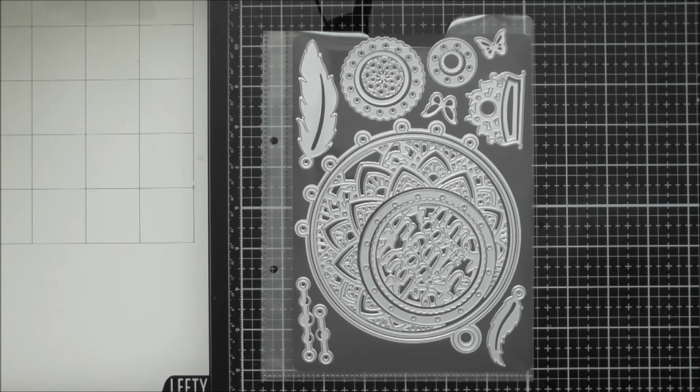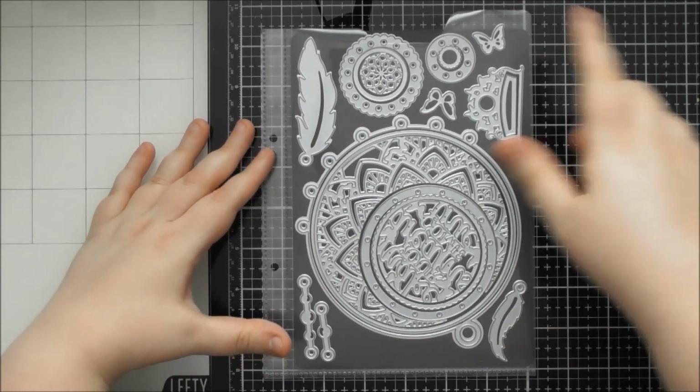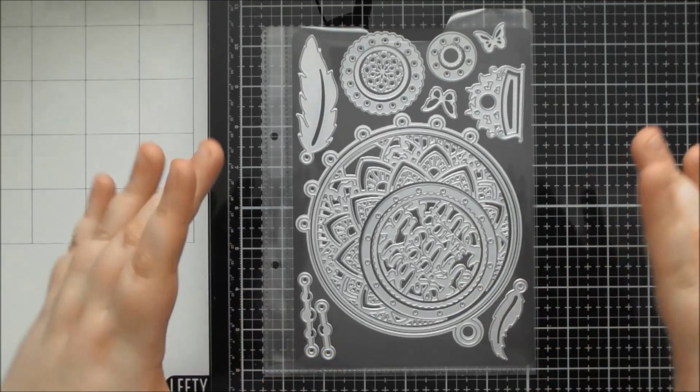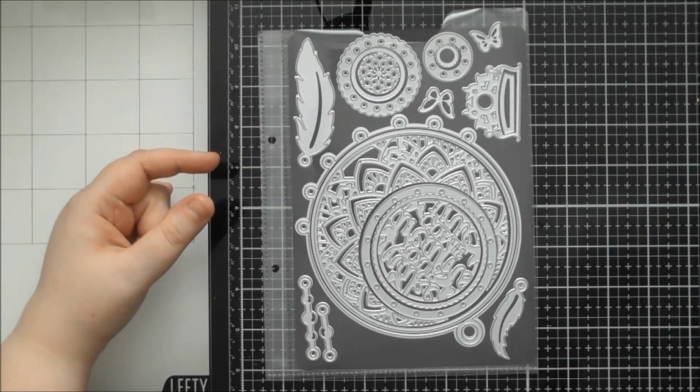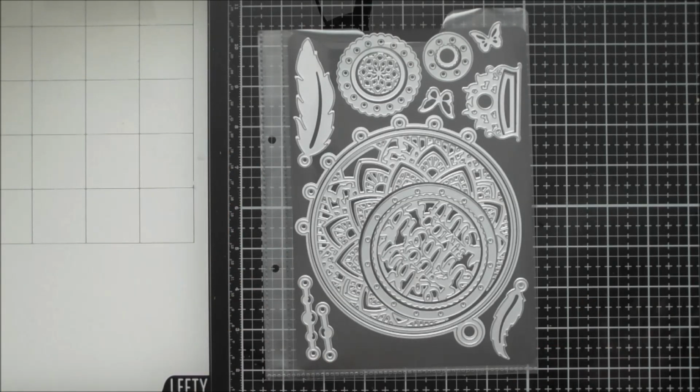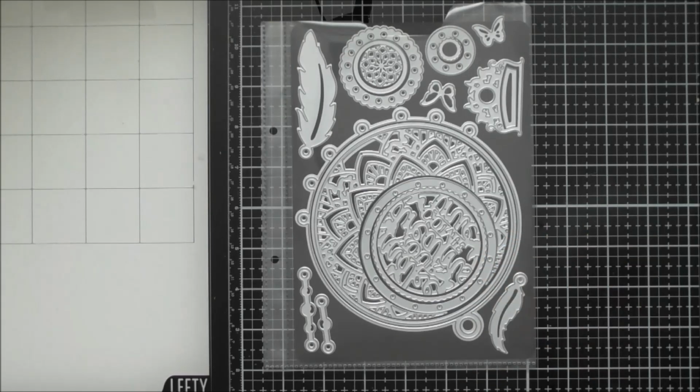Today's one is for designer's choice number 25, which is called the Dreamcatcher, and this gorgeous little A5 die set. Yours won't actually come on a magnetic sheet, it just comes on the acetate, but this gorgeous little A5 die set actually makes a three-dimensional, or well, it's not really that three-dimensional, but an actual real kind of dream catcher, obviously a sort of stylised one compared to a traditional one, but it actually enables you to create